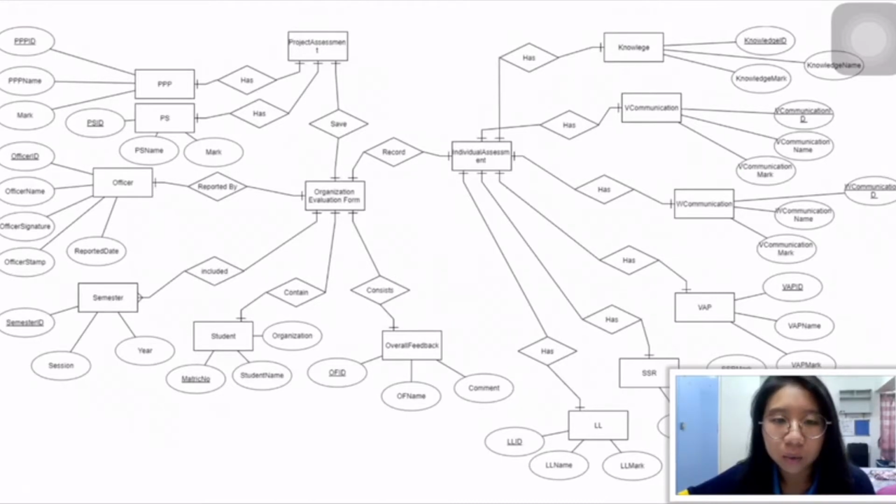First, inside the organization evaluation form is included semester, which means the current semester of the student who is going to do their practicum. In the semester table, we have semester ID, sections, and year. Semester ID represents the primary key of the semester table. Now I'm going to describe the relationship. The relationship between organization evaluation form and semester is that one organization evaluation form can include many semesters, which means many semesters are included in one organization